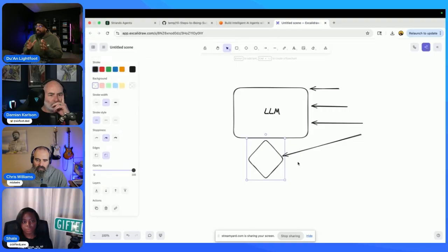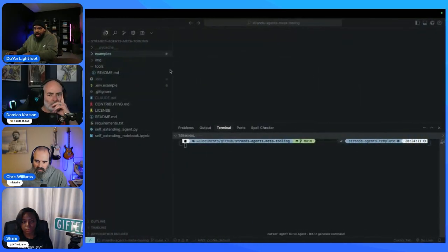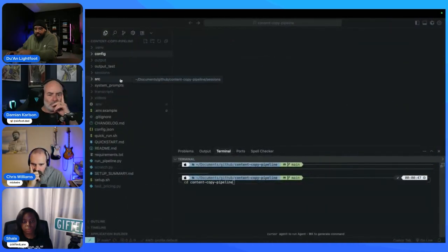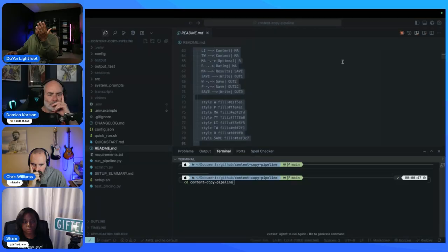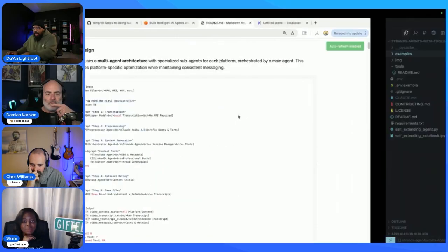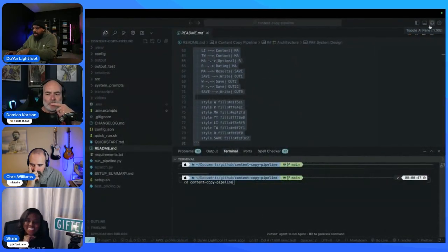How often have you asked, for instance, I have this agent that I figured you all would care about. I have this content pipeline. Let me pull this up in my browser. It's not rendering here, of course, because we're live, but I have this content pipeline. So I'll just pull it up the old fashioned way.